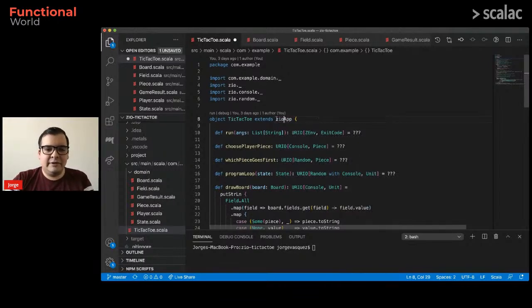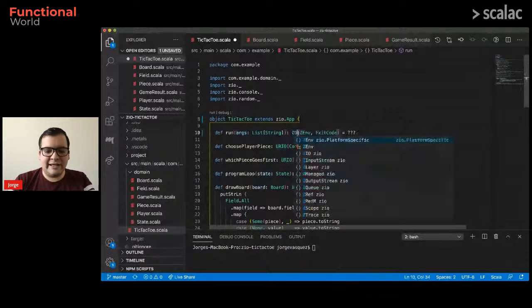It's actually the ZIO.app trait. So this is a different app from the standard one in the Scala library. Every object that extends this app trait needs to implement this run method. This run method is the entry point for every ZIO application. You can see it receives a list of arguments from the console as strings, and it must return a ZIO effect. So this URIO, it's just a ZIO effect